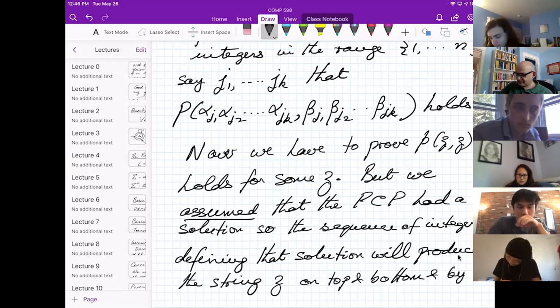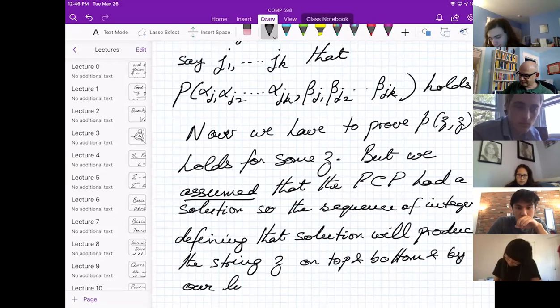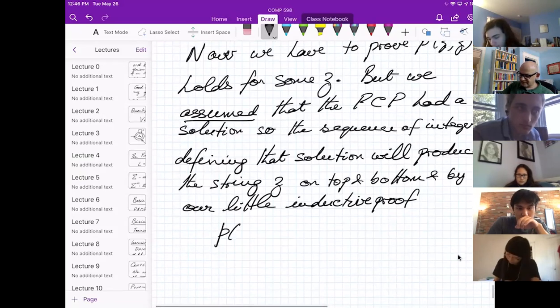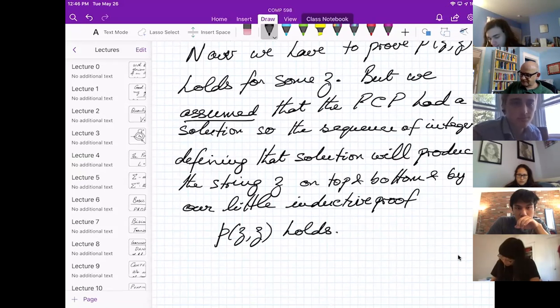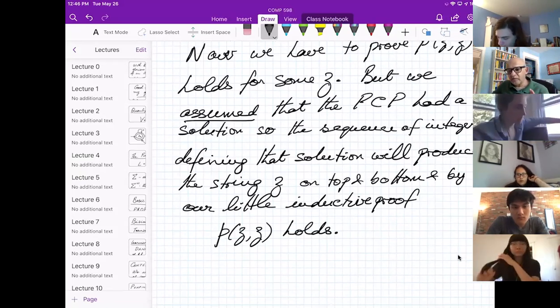And by our little inductive proof, P(Z, Z) holds. There you are. So here we didn't make any assumptions about how we were interpreting things.